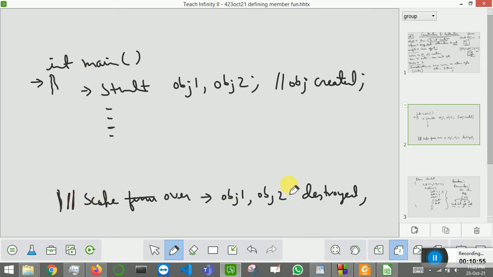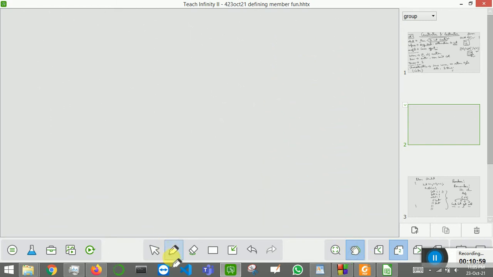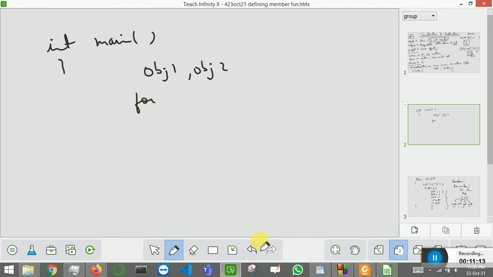Okay, second thing, if there is a local block inside main, let me take another example, int main. Now suppose I am creating two objects, object 1, object 2. Okay, now suppose I am creating a for loop here, or suppose I am creating an if block.